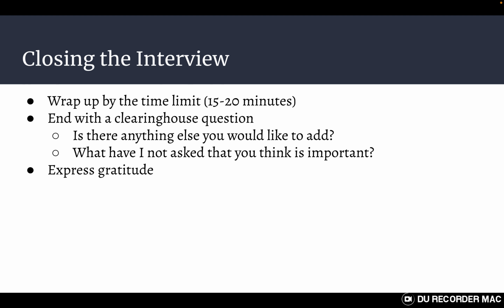And again, at the end, you want to express your sincere gratitude, maybe even tell them how valuable this information is, the most interesting part of the interview you thought, and what you intend to do with this information and how it has helped you. People really like to feel that their efforts have helped a student grow in their professional career, so be genuine and maybe be specific when you say exactly what you're thankful for. Of course, their time, but the information that they gave, you also want to say thank you for.